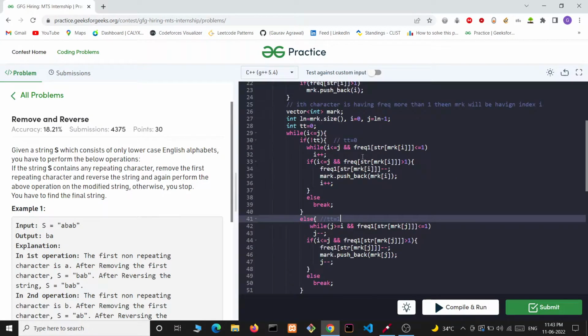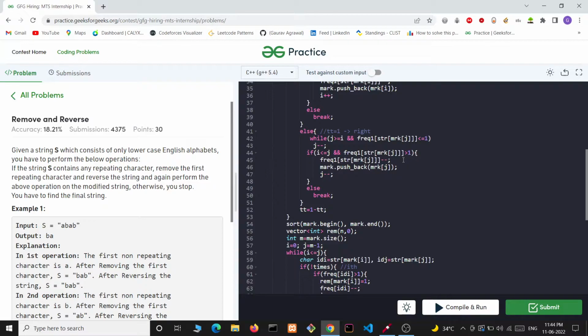Similarly, if tt is equal to 1, it means we have to remove a character from the right, whereas for 0 we were removing a character from the left. So similarly we will be doing it like this. We will be finding the first character from the right which has frequency greater than 1. So this is the condition.